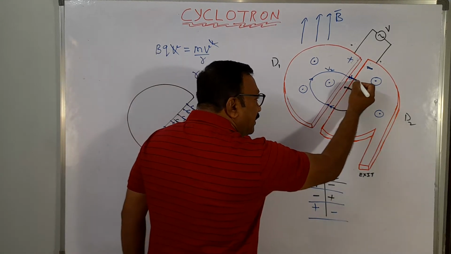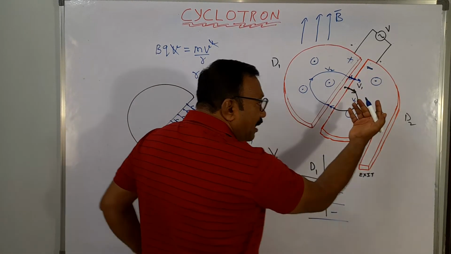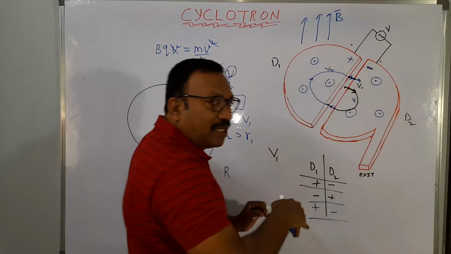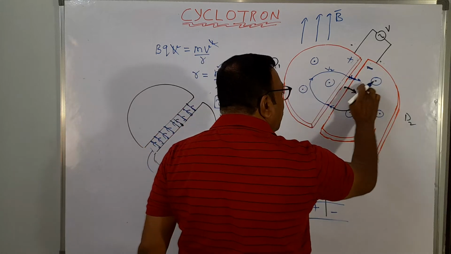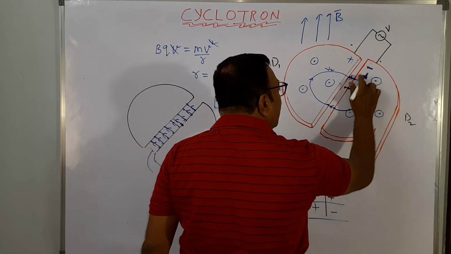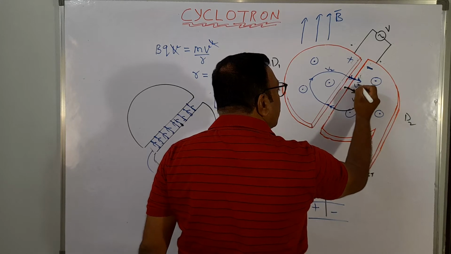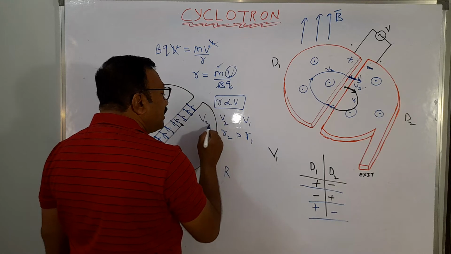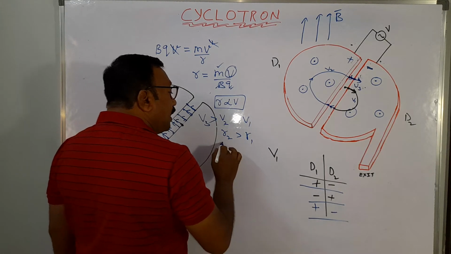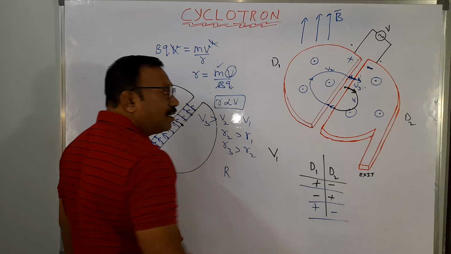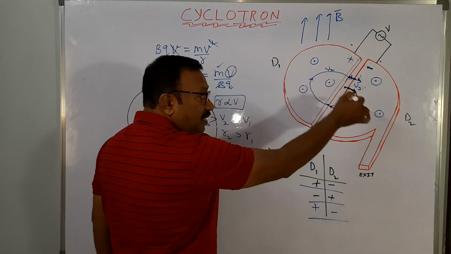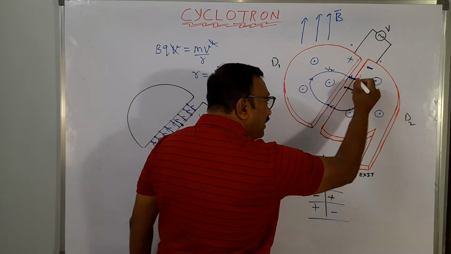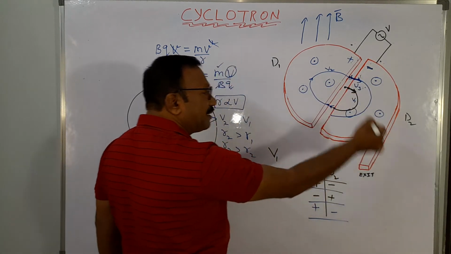So it has entered into a magnetic field, a magnetic field which is outward. Now it is entering the magnetic field perpendicular to the magnetic field with velocity v3, where v3 is greater than v2. Now the radius r3 must be greater than r2. This was r2, this was r1. Now it should have a greater radius. So the magnetic field here will make it move in a circular motion like this.